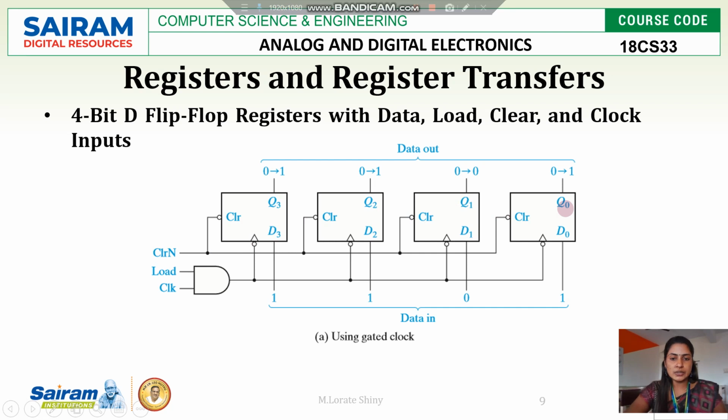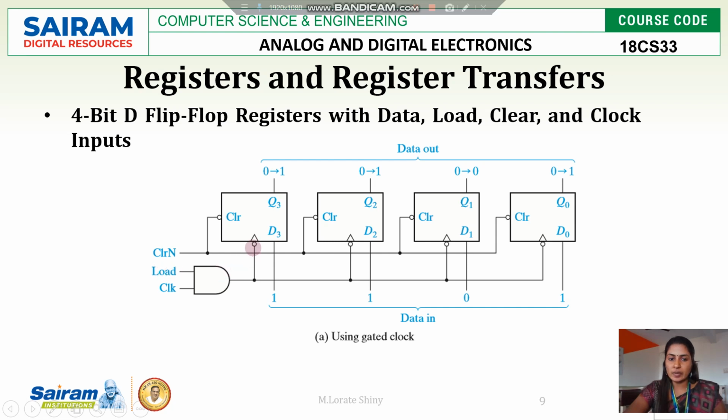So initially we'll assume all the flip-flop outputs are 0. So Q3 is 0, Q2 is 0, Q1 is 0, Q0 is also 0. Initially all the outputs are 0. Okay, then when we give 1 to